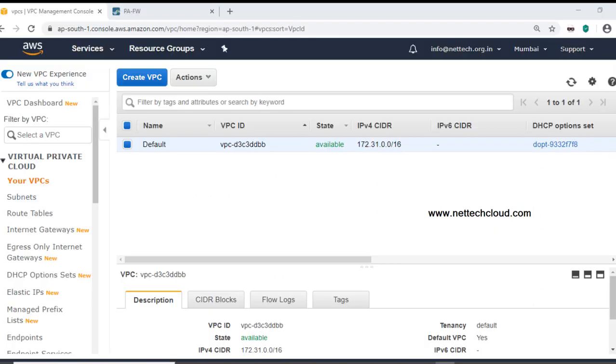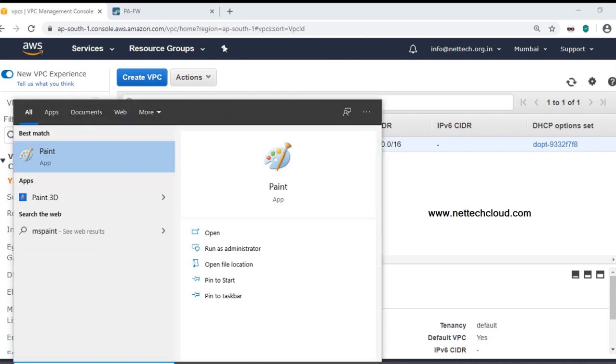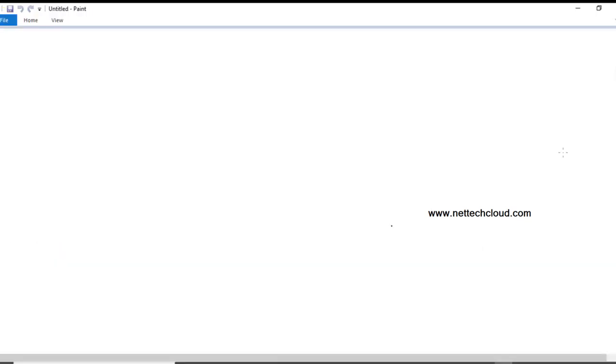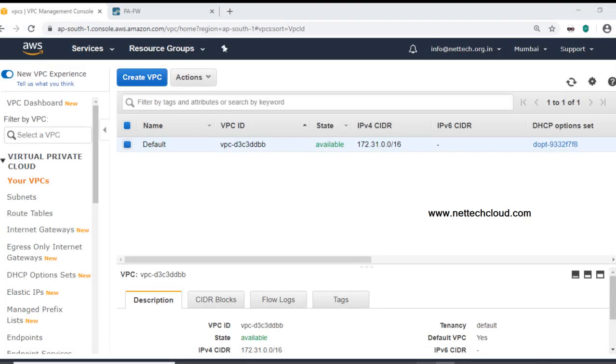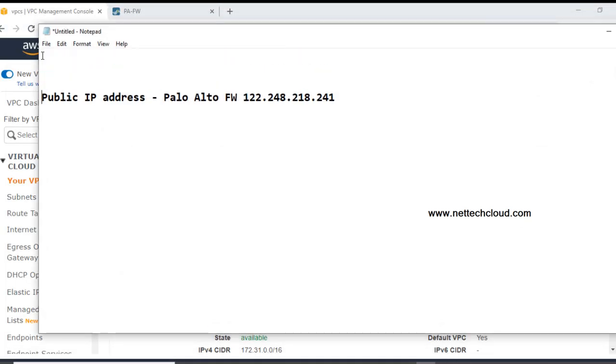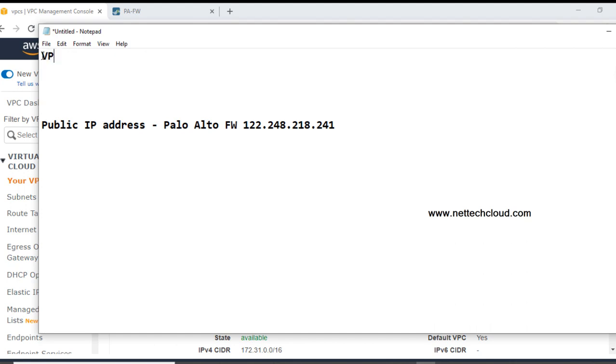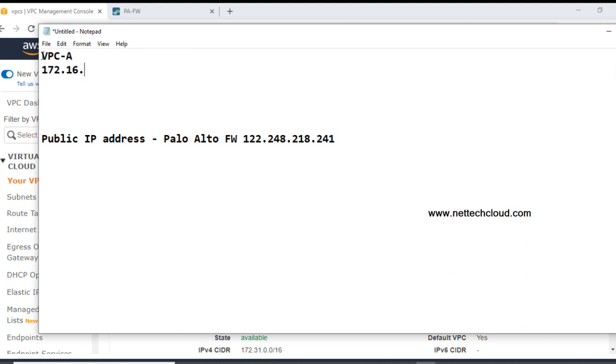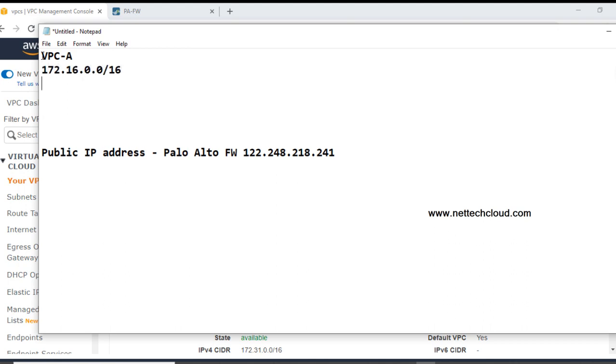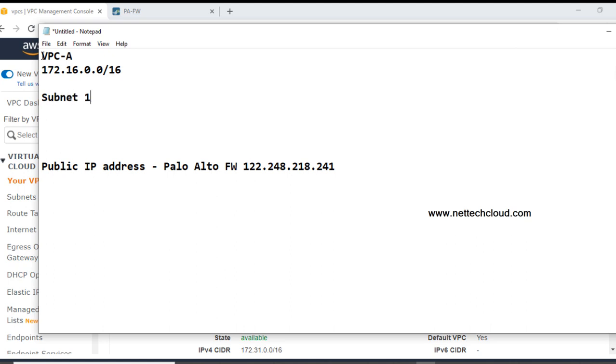All right, so I have logged in to my AWS account here, and there is one default VPC. But what I'm going to do is create a VPC here. I'm going to use VPC A with a CIDR block, and then a subnet address, 1.0/24.